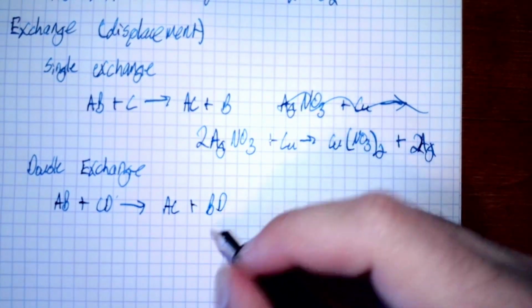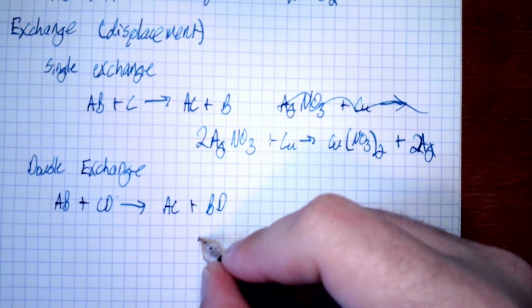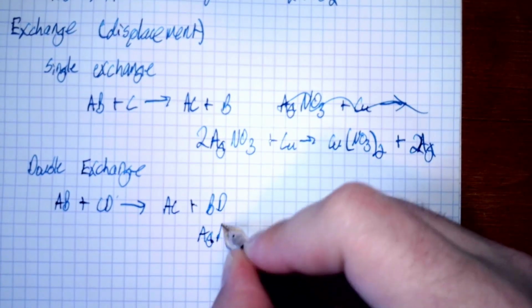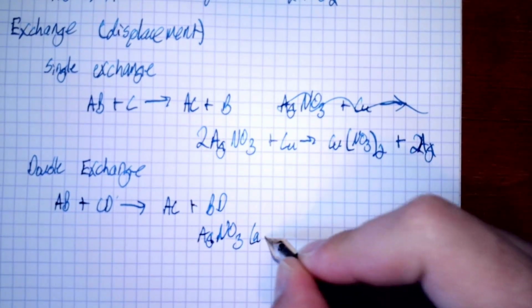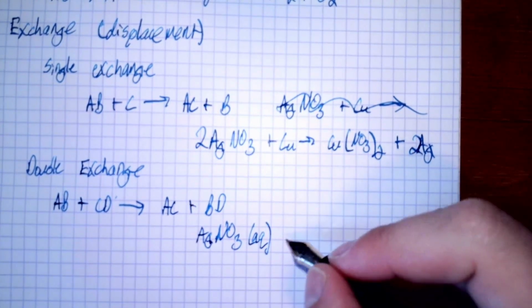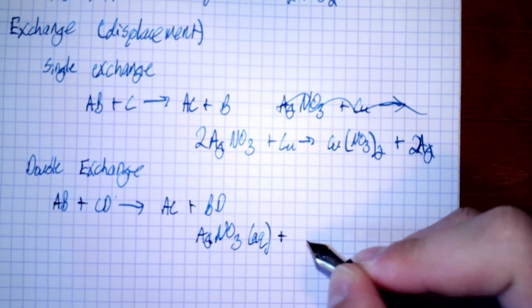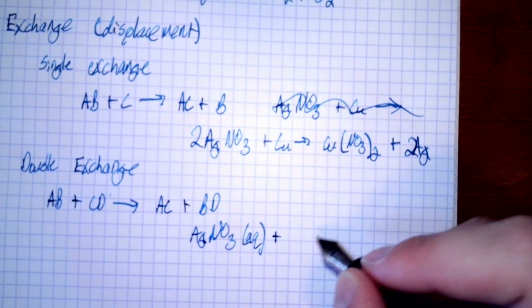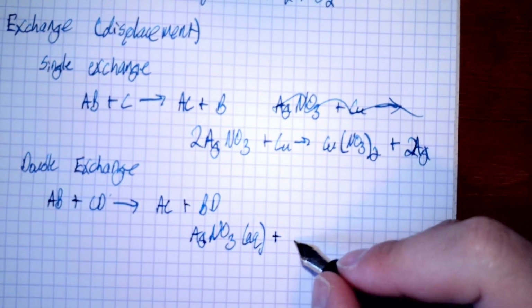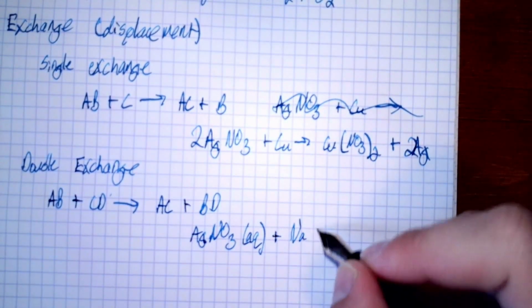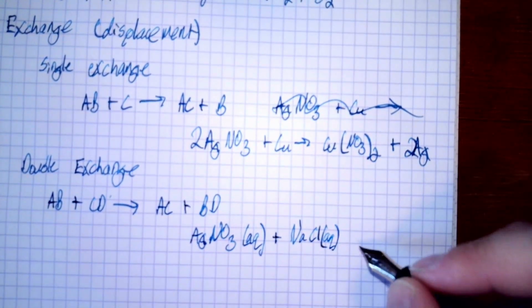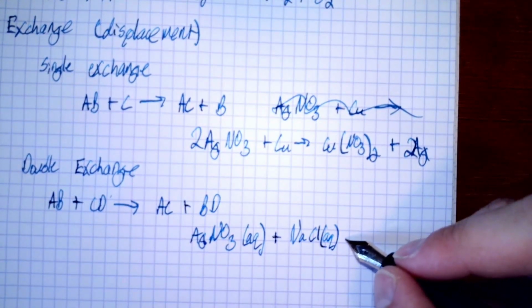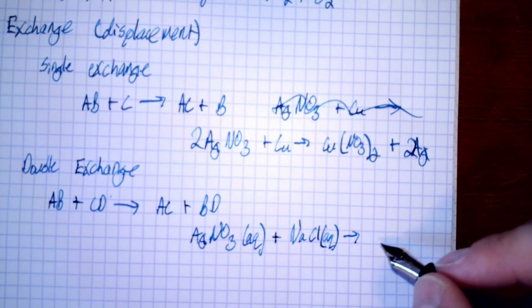All right. Let me bring our friend silver nitrate back into this. And I'm going to be good and put phase labels on this, which sometimes I get sloppy about. Silver nitrate, and so aqueous, meaning it's dissolved in water, plus NaCl, aqueous, reacts to form